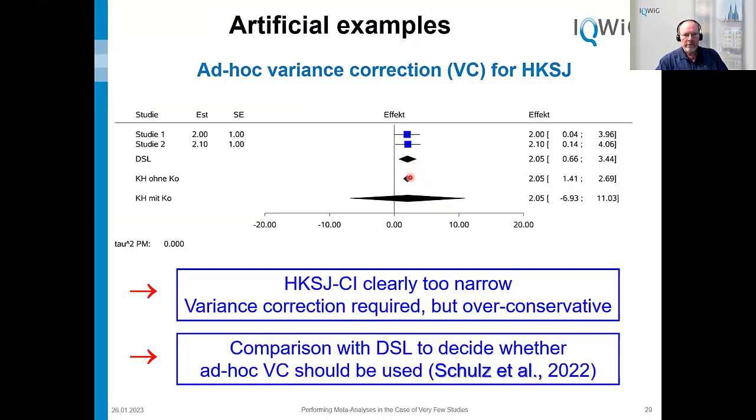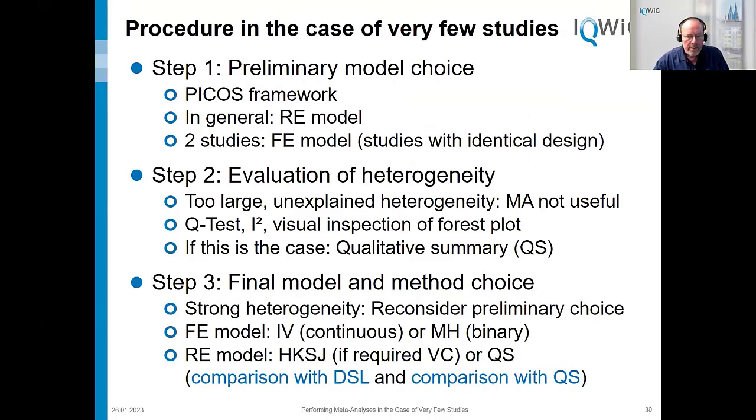And if the confidence interval of Knapp-Hartung without correction is smaller in width than that of DerSimonian and Laird, then we use the variance correction. In this case, we would do a qualitative summary of study results because this is over-conservative. But for the decision whether we use the ad hoc variance correction or not, we compare it with DerSimonian and Laird. So here's an overview of the whole procedure,